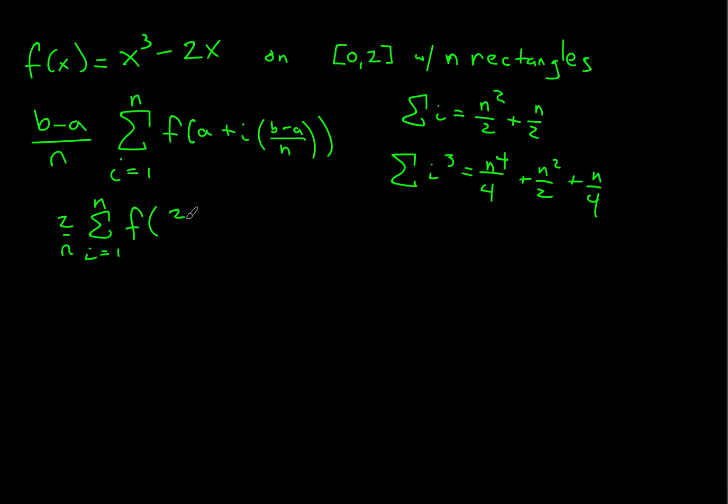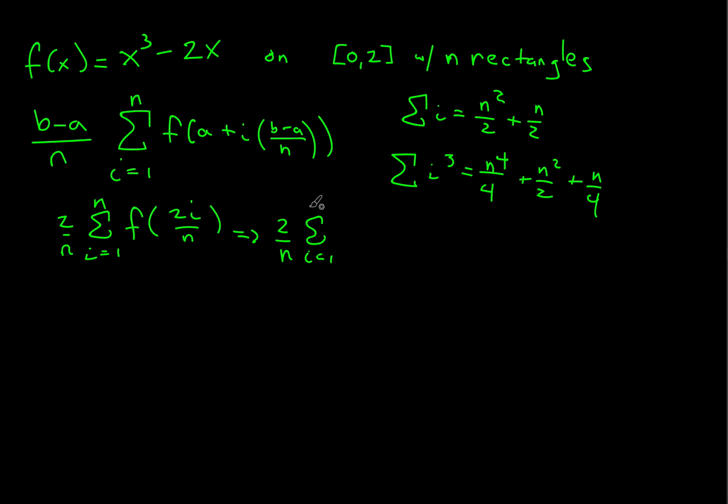So this is just going to be f of 2i over n, again because 0 plus one of those widths. Now we can actually evaluate this because we have this function, so we can substitute 2i over n into this function, and when we do that, what we're left with is 2 over n